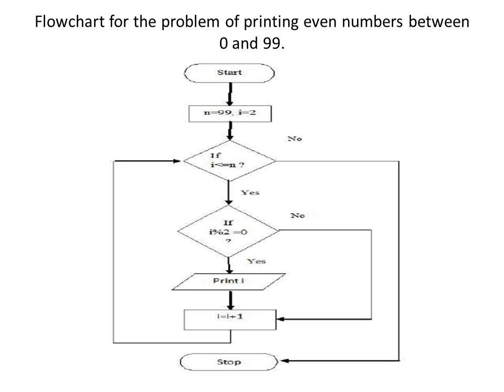Again I am using a diamond symbol here. If the condition is true, that is, if I am within the limit, I have to check whether the number is odd or even. For checking even, I am using the modulo operator, i mod 2. The modulo operator provides the remainder value, so if the number is divisible by 2, I get the remainder as 0. If it is 0, I can tell that the number is even, so I can print i, and I have to increment the value of i by 1.